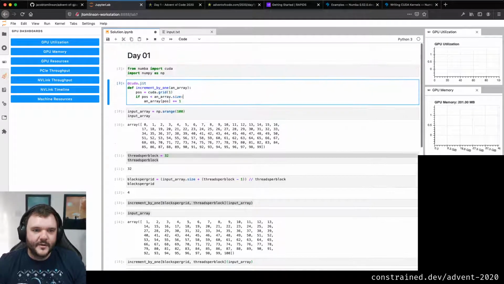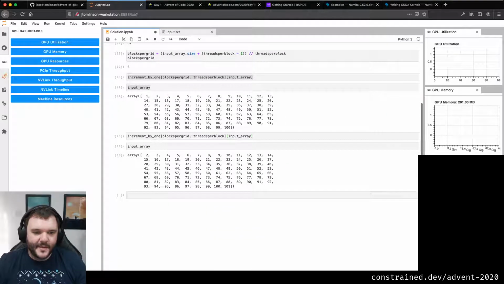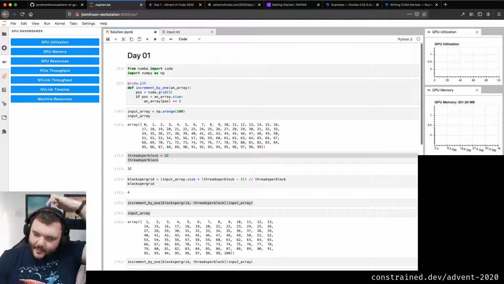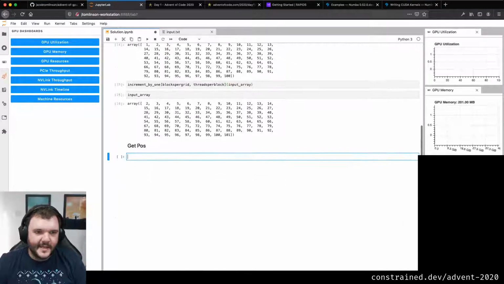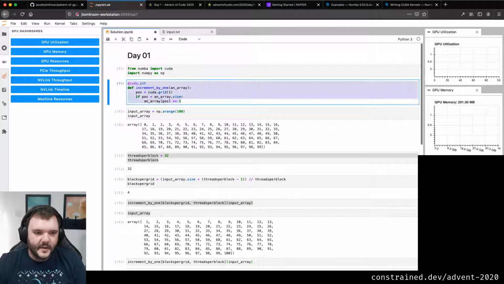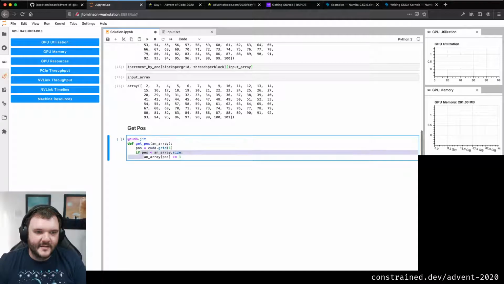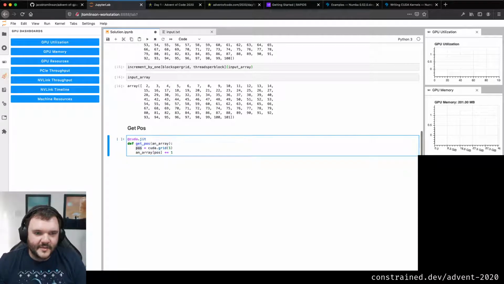We could do some other stuff to play around with this. So let's say get pos. I'm probably going to put some titles in and tidy this up in a bit, but let's have a new function, and we're going to call this get pos. We're going to take in an array, and we're going to get the position, and then we're just going to say this array's position is this, right?